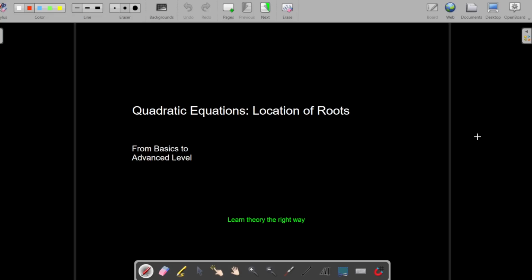Hello everyone. So today we will be discussing what many people consider by far the most confusing part of theory of equations, that is location of roots when it comes to quadratic equations. This is again one of those parts of JEE theory that do not actually require much memorization, but instead it